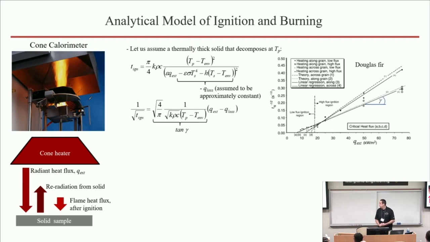So the slope of this curve, of course, becomes this expression on the left. You probably need 3 tests, but you can extract the thermal response parameter, and you can also estimate your Q losses if you take this curve and extrapolate it to 1 over square root of time to ignition equal to 0. So that creates a model. It's a simple analytical model that can be parameterized on a few tests, but it's a model that allows you to determine the time to ignition.